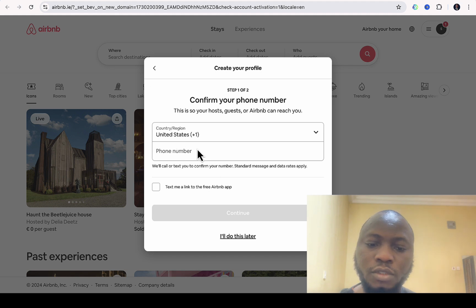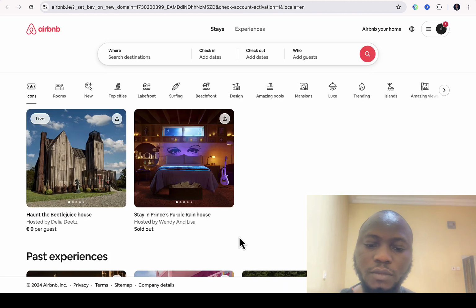So you can input your phone number right here, text me a link to the free Airbnb app, and if you don't want to download the app, you can say I will do this later. So I'll prefer to do that later. So here I have fully signed up and created my Airbnb account for free